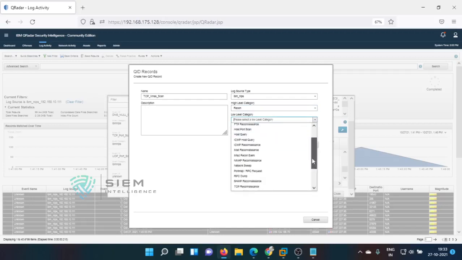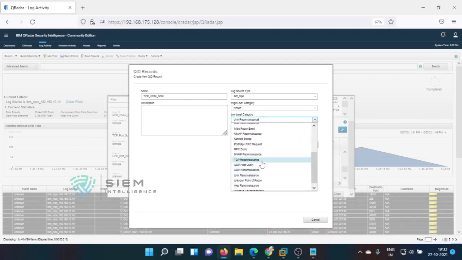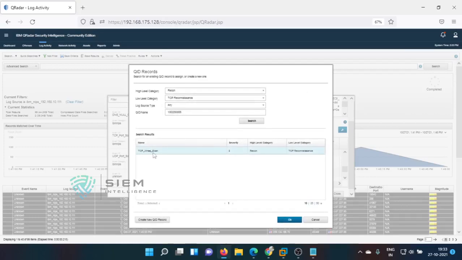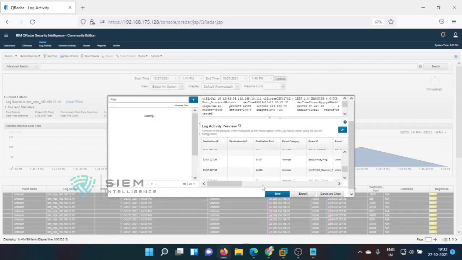TCP port scan is there. Yeah, you can go with that. Now it is some TCP reconnaissance. Save, and now it is 005. See, it is 005. Now press OK and create.